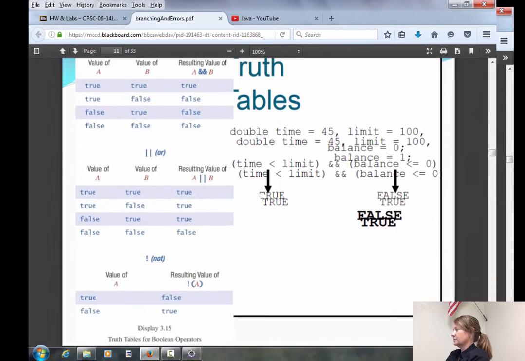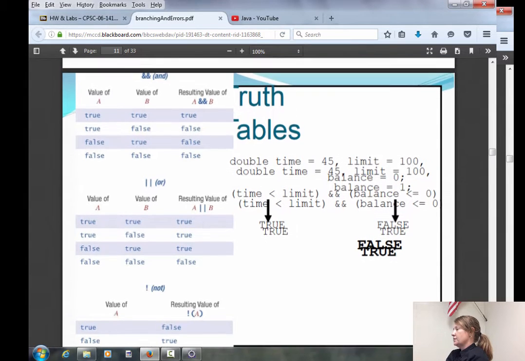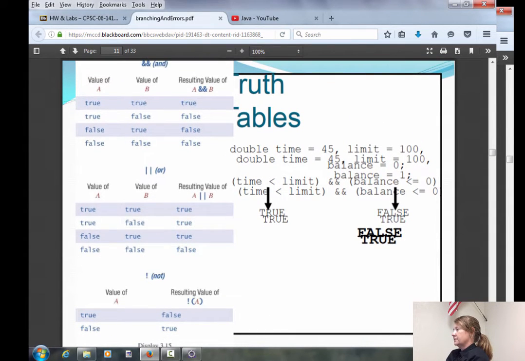Now this slide looks kind of messed up in PDF form. But over here on the left are what we call our truth tables, and I'm introducing 2 more logical operators that we're going to use, the AND operator and the OR operator. Truth tables are the basis of all computing.